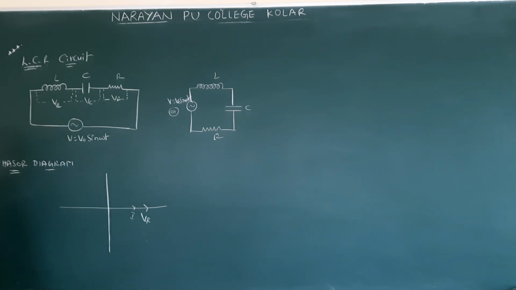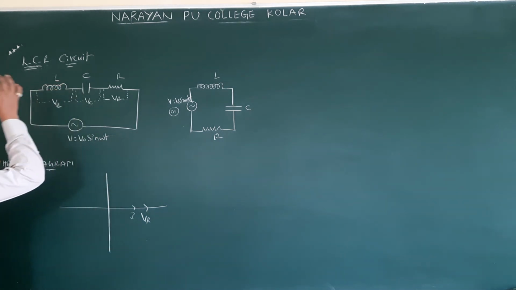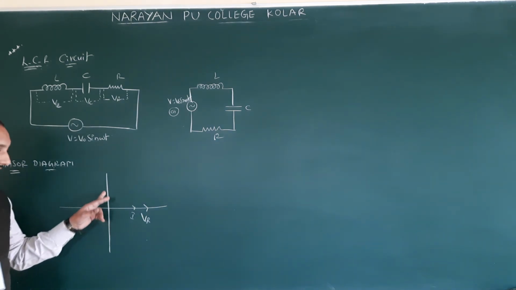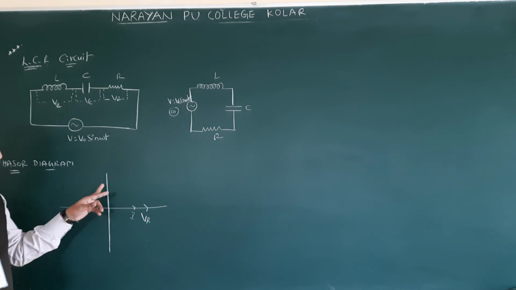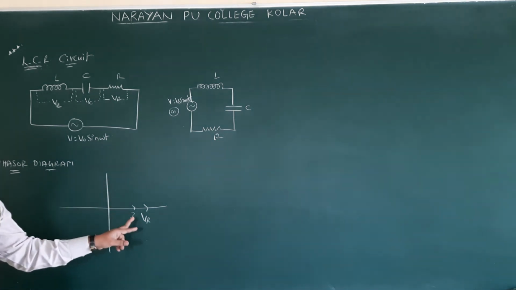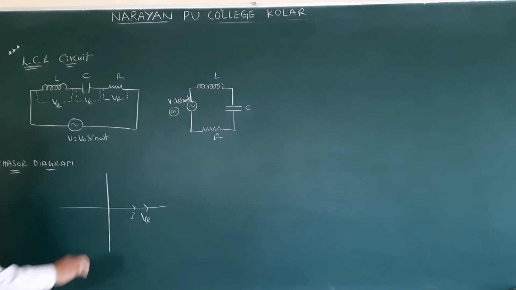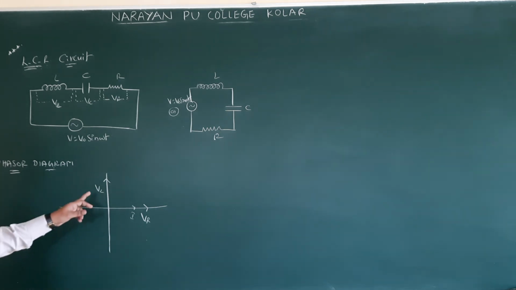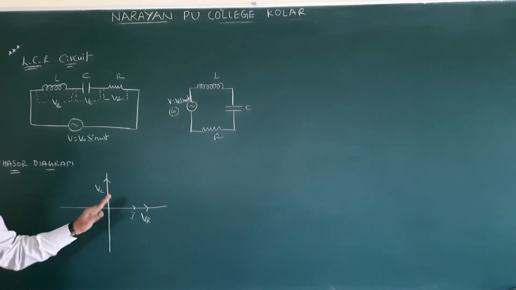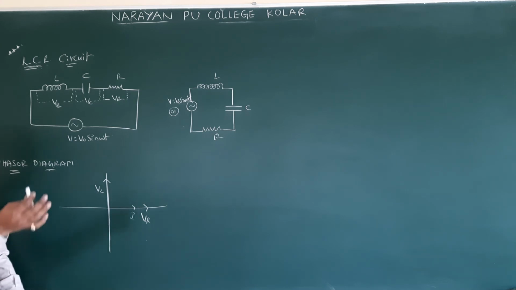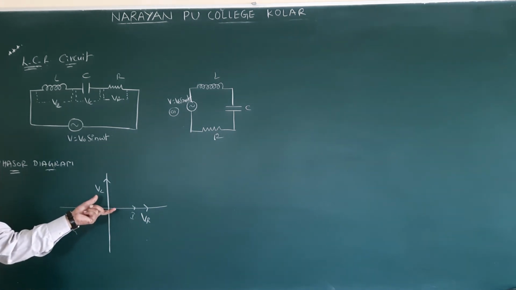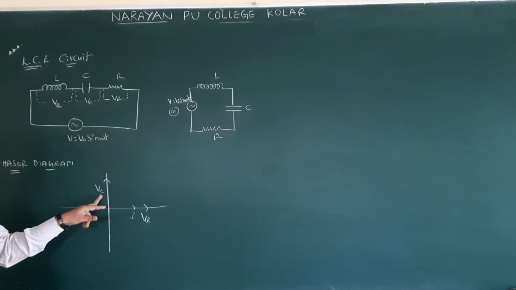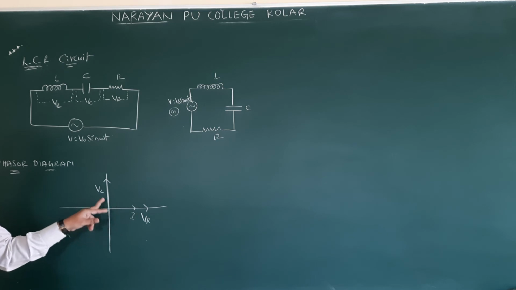Correct? Next, if you have taken a capacitor or inductor, if you have taken the LR circuit, we have drawn VL here. You can check once. Why? Because current is lagging, voltage is leading. In the LR phasor diagram you can check once, by turning your pages, if you have drawn that one. VL we have drawn because current is lagging, voltage is leading by 90 degrees, isn't it?